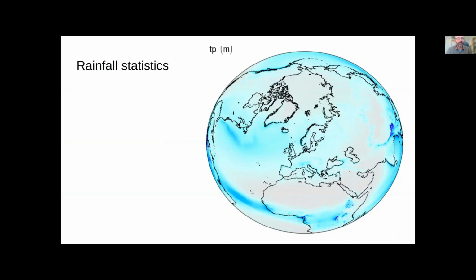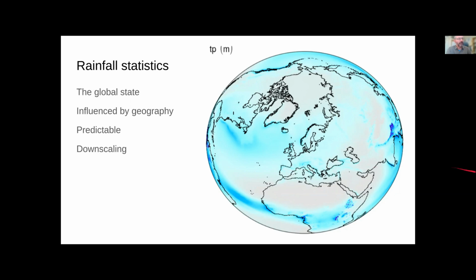So when it comes to rainfall statistics, we can see that from a global state, this is a global mean rainfall, that there are certain patterns. So there's more rain in a band around the equator, and also more rain in the storm tracks here. So here's the band around the equator. So the rainfall is systematically influenced by the geography, and also the statistics is predictable, and that is very useful